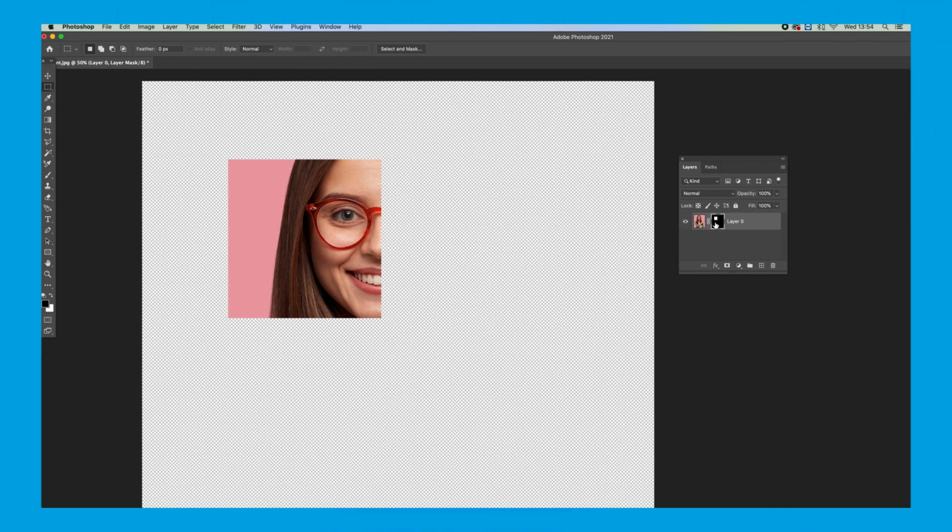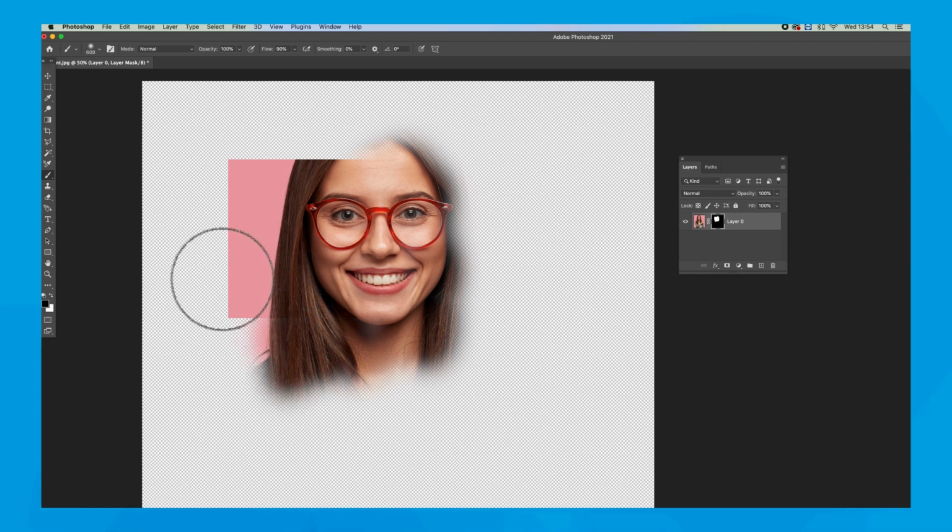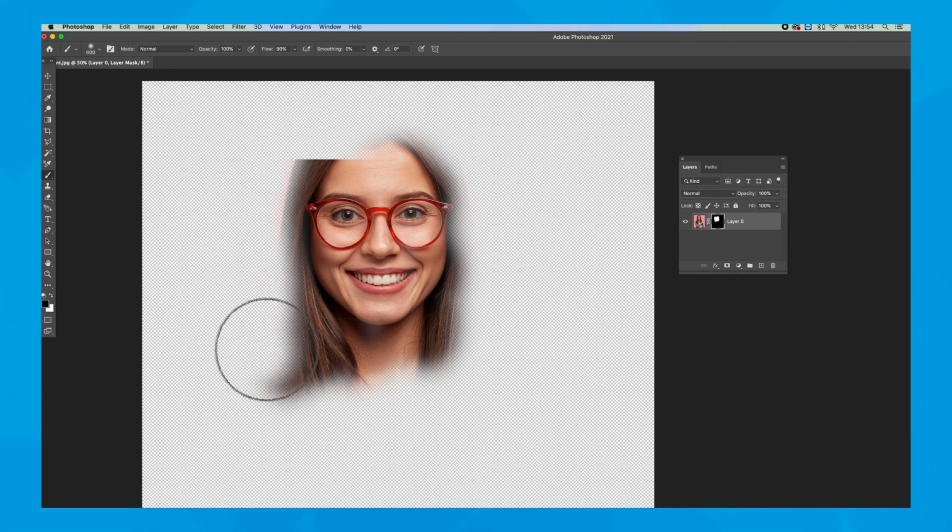And if you've got that thumbnail selected, you can go to your brush, and if I were to change my brush to white, I can brush in the mask and add, or if I change my colour to black, you can take away the mask. But that's not the type of selection I want for this image. I want a crisp outline of this lady here. So I'm just going to undo this.